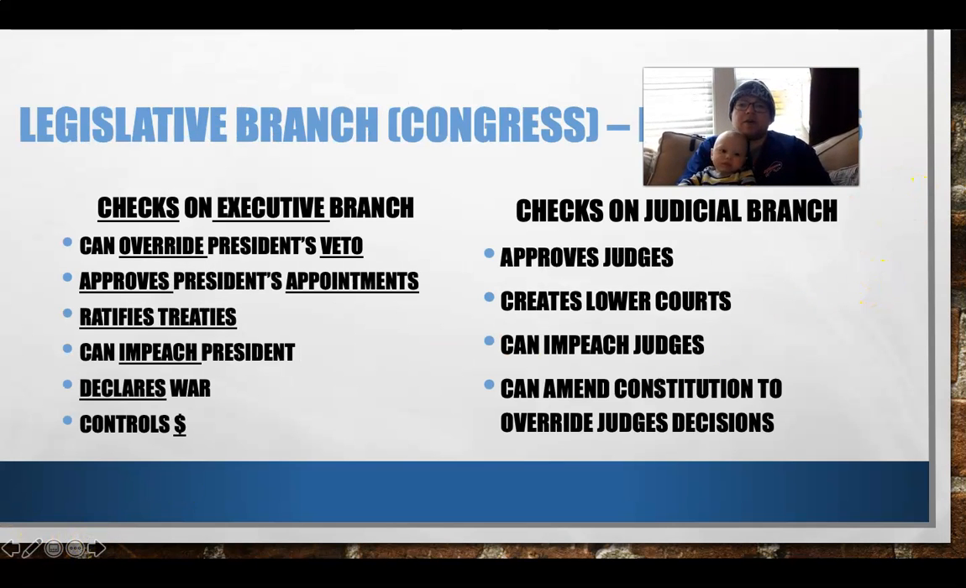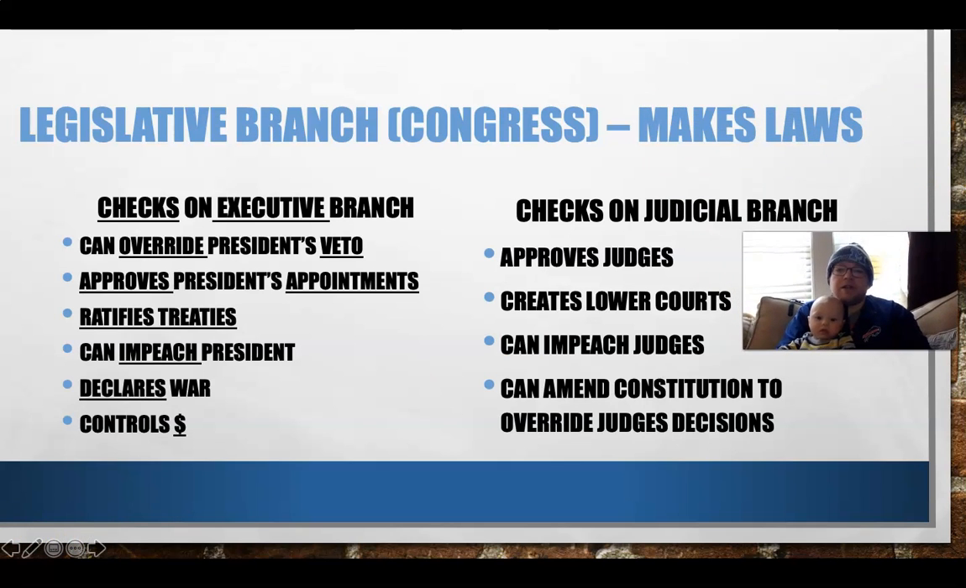All right, so let's talk first about the legislative branch. Now, the legislative branch has a bunch of checks. I'm not going to say they're the most powerful branch, but I'm going to say that they were what the founding fathers thought would be the